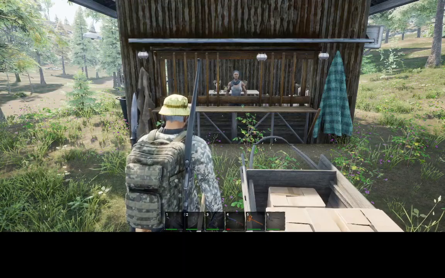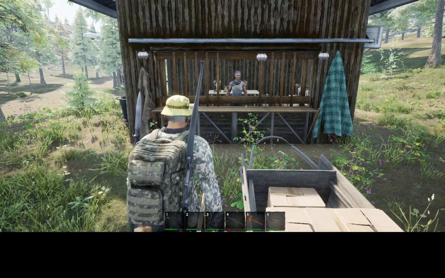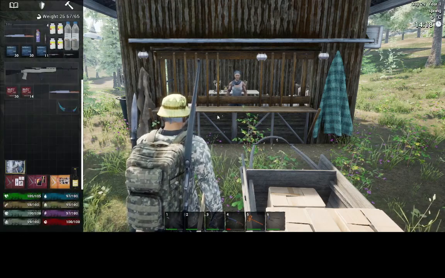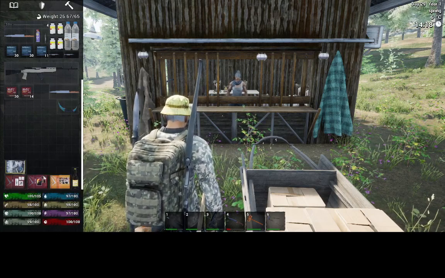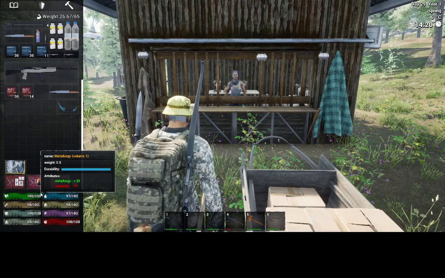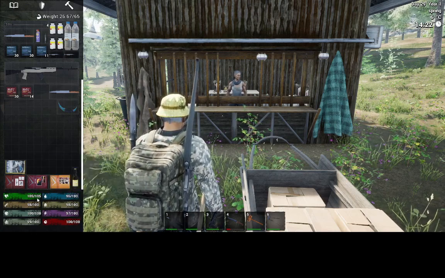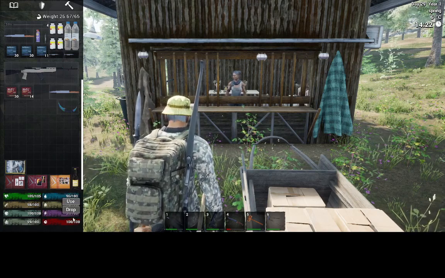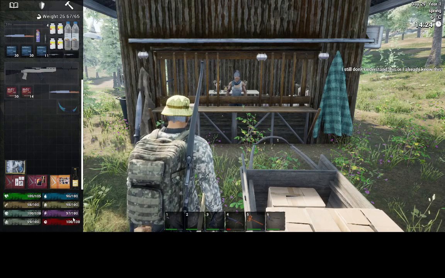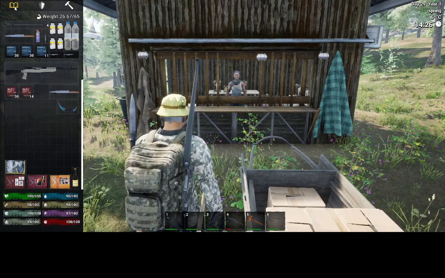So before I show you the trader, I'll show you how we can learn from the books. So if we press tab, these are the books we pick up. This is the volume 4. This is volume 1. This is volume 1 of cooking. So if we right click and click on use, we get the bip bip sound. The reason why we're getting this sound is because